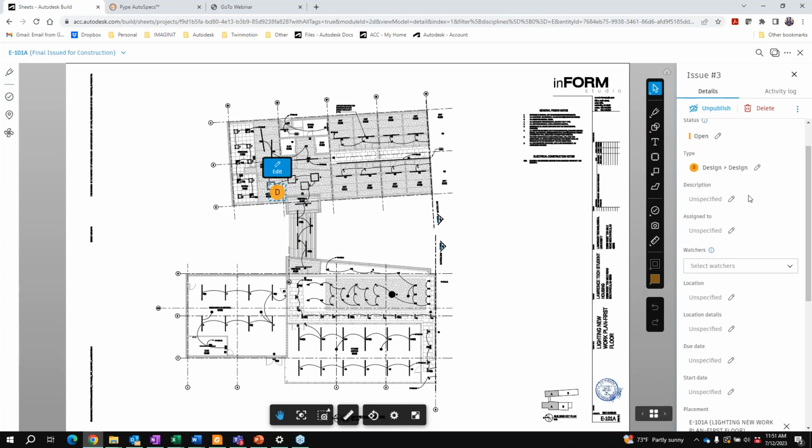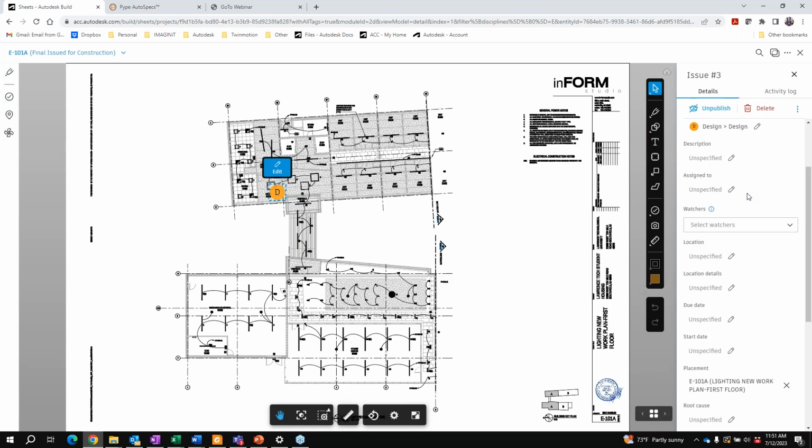We call this, it's almost like an informal. I like to think of these as informal RFIs. So if something can be resolved really quickly, we don't need to do a formal RFI. But if there are a whole bunch of these issues created around one design topic or a punch list, or you name it, we can designate different issue types and we can create custom issue types. Once we've gathered a number of these,